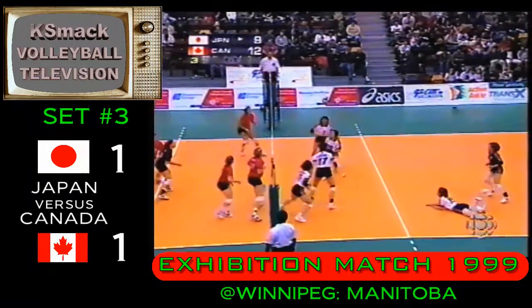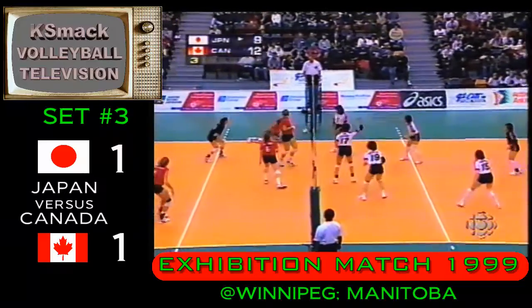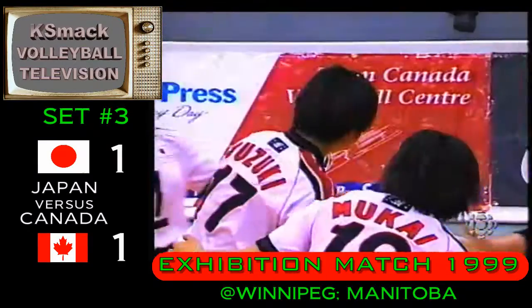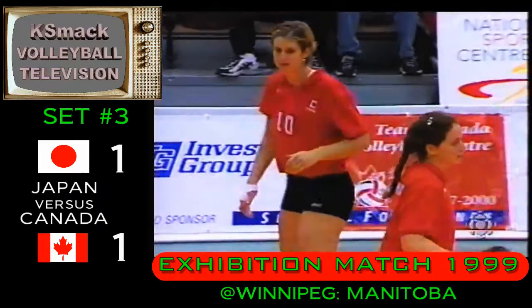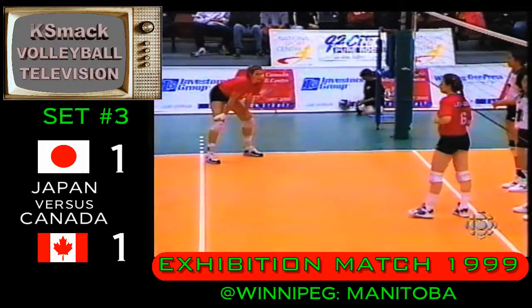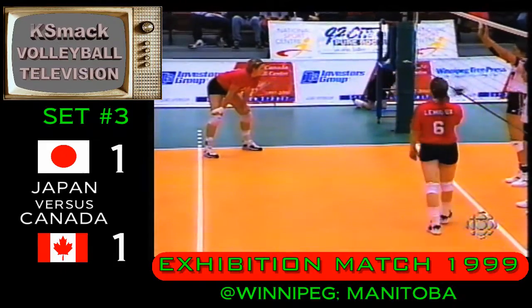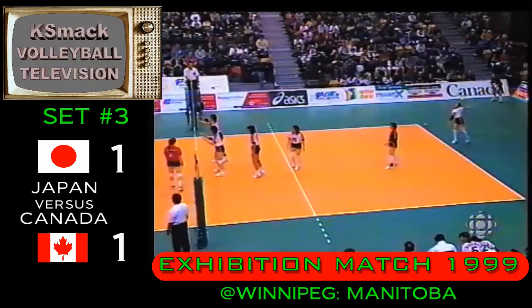Lemieux back set, nicely done. Off the net, kept in play. Lemieux tries to set up Ross, couldn't do it. And the combination between Lemieux and Ross is just not right there today. Their timing seems to be a little bit erratic. Ross can't seem to find the ball so that she can actually put some energy into it and hit it